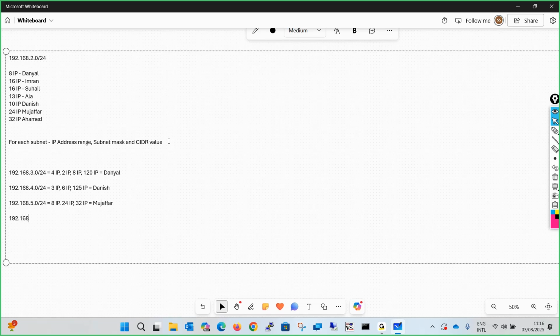I have one subnet, 192.168.6.0/24, and over here I again need to give 10 IPs to one customer, 16 IPs to another customer, 32, 64 IPs to another customer, and this will be done by